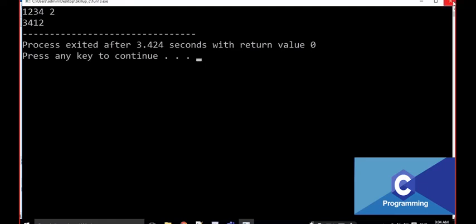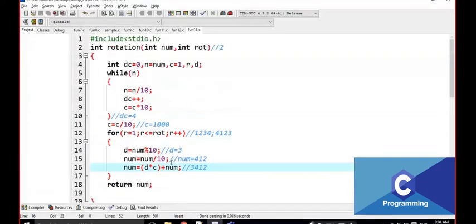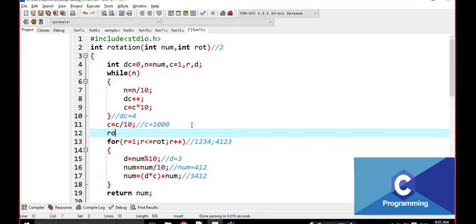But look at, I am not taking that. What is the use of digit count? Yes, I forgot that one. Why am I taking digit count here? If the rotations are 100 or 1000 or anything else, I want to reduce that, right? Then rotations is equal to rotations mod DC. Then rotation becomes a small value, if it is 1000 or 100 or anything else. Okay, now this is the correct one.